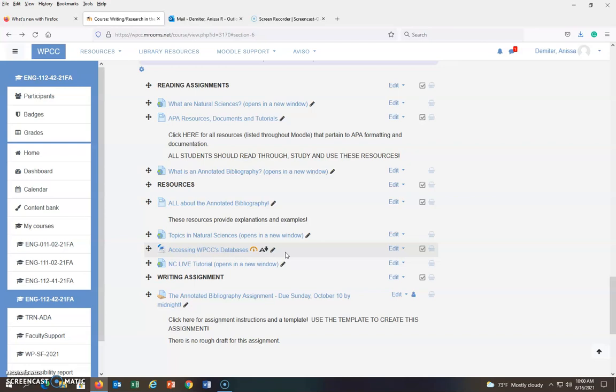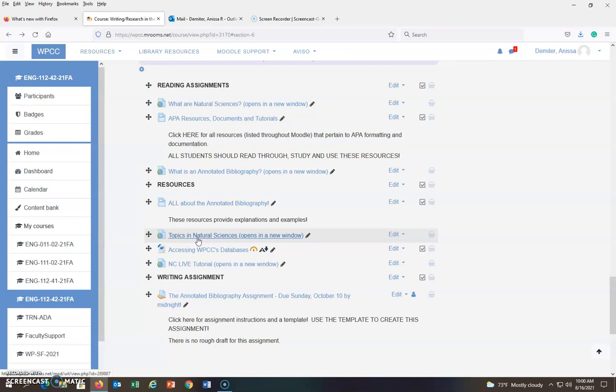So, anything you find that might interest you, that you would be interested in reading articles about. So you'll choose one topic. And it doesn't have to be from this list. I mean, there are other lists out there. You can Google natural sciences topics. You can choose your own. Okay. Now, what you'll want to do is once you've chosen your one topic, then you'll want to be able